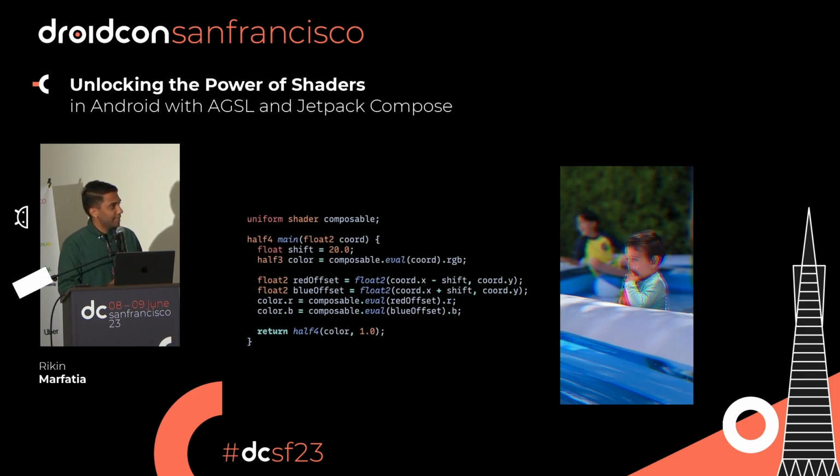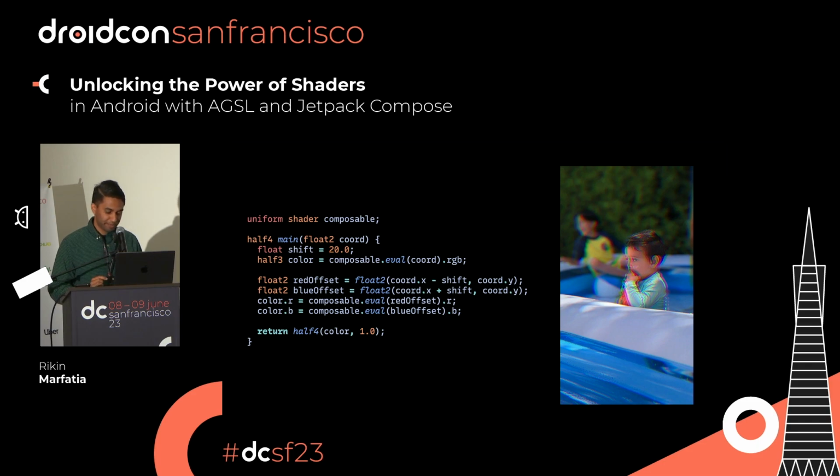To showcase how this is built, we're going to build it with shaders again, and this is the code that's helping drive this effect. The first thing you might notice is that there's a uniform at the top that is a type shader. The interesting thing here is that we can actually pass in other shaders to our own shader code and then leverage those to create whatever effect we want. In this case, we're passing in the image itself as a shader, and then we can leverage that to help